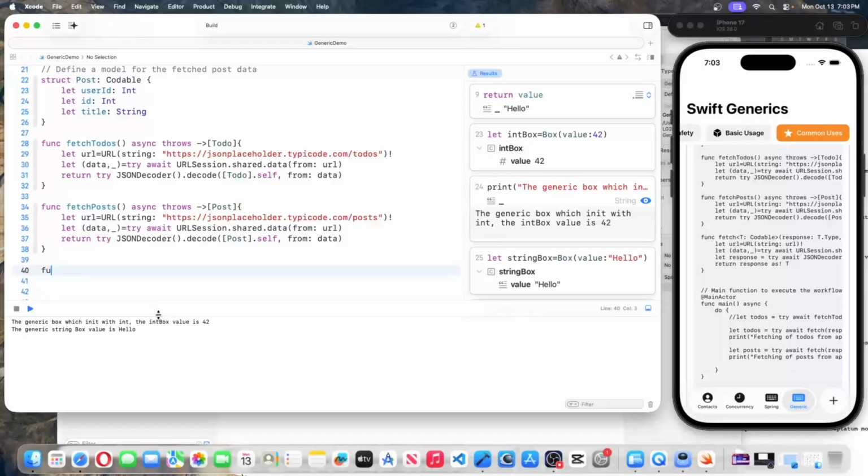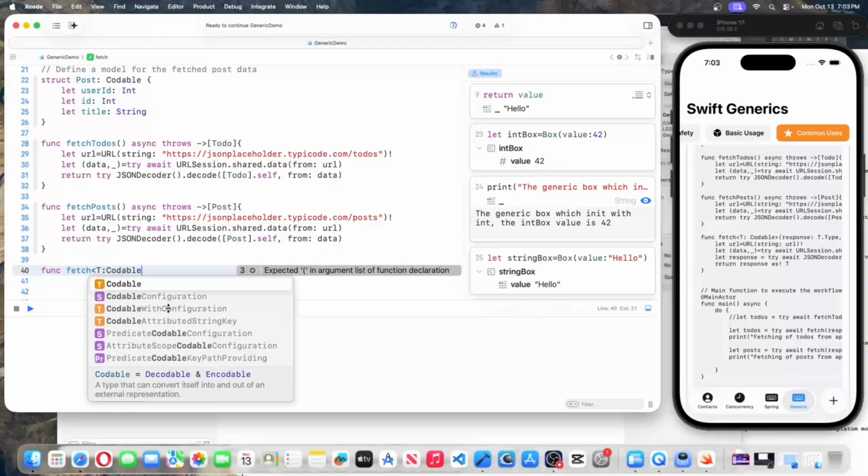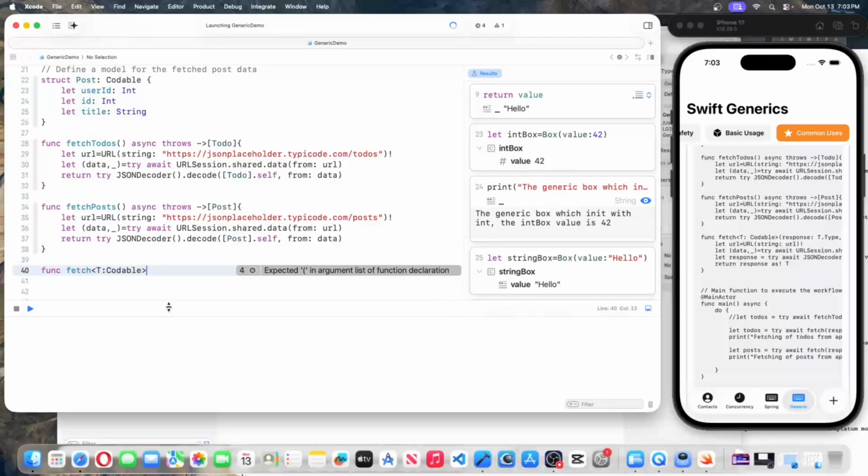So let's say we have a function which is a fetch operation, and we specify any type T, and this T is Codable, and the parameter is response, which is T.Type, the response type,